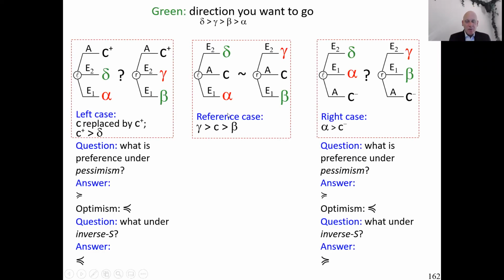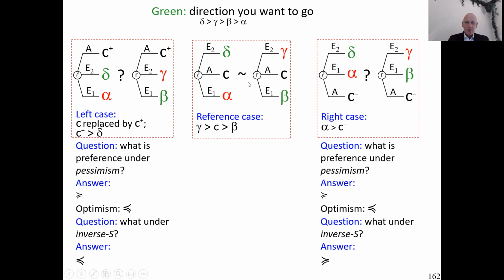Continue discussing things where uncertainty works the same way as risk. Now I'm going to put up in one blow a big figure that's very similar to something that you saw before. The only thing is, before we had probabilities, now we have events. For instance, if we look in the middle figure, the reference case, and the left prospect, before you saw this where there was probability P1 there, now we have event E1, we had a probability P2, now event E2, we had a probability Q, now the event A, capital A.